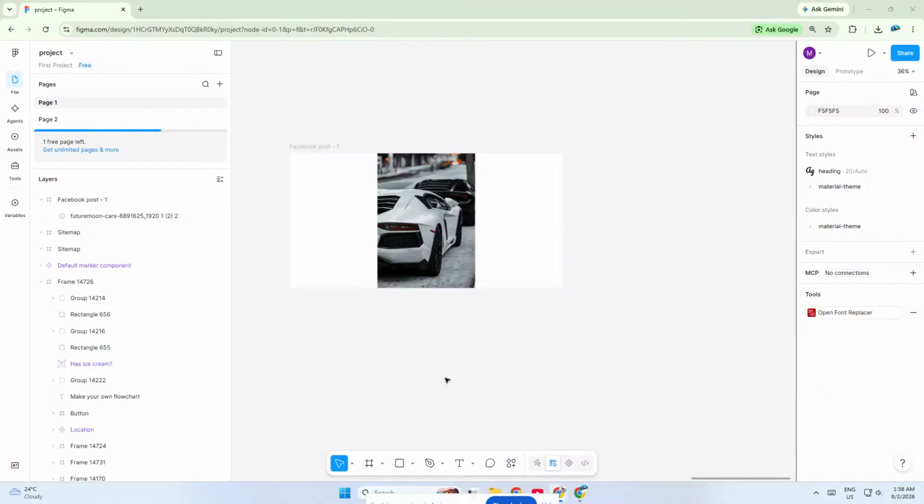If you ever need to resize a Facebook post design to LinkedIn post size in Figma, this quick workflow will save you a lot of time. Instead of rebuilding your design from scratch, you can use a community plugin to automatically generate the correct LinkedIn version in just a few clicks. This is especially useful if you create social media graphics for multiple platforms and want to keep everything consistent, professional,